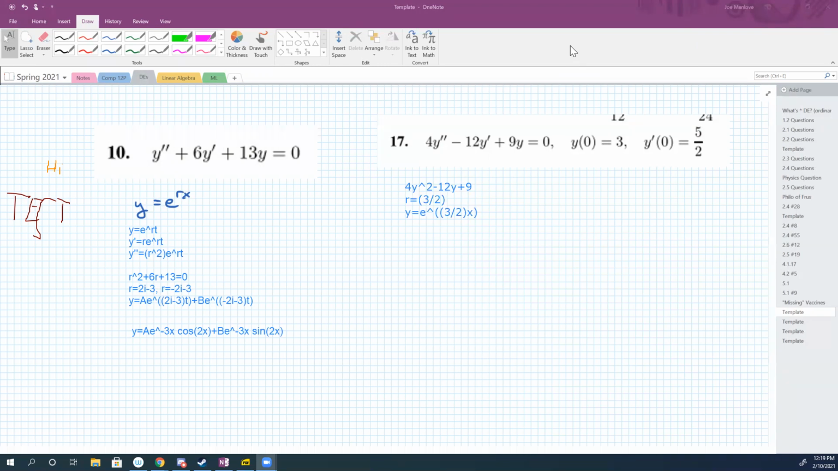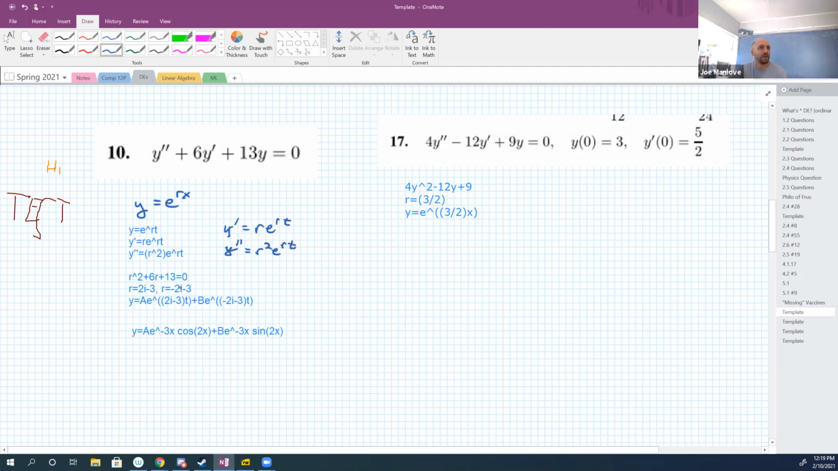So the standard way to solve that is assume y equals e to the r times your independent variable. So you get y prime equals r e to the rt, and y double prime is r squared e to the rt. So then you plug all that in, you can divide through by e to the rt. Okay, so we plug all that in and we divide, so we get r squared plus 6r plus 13 equals